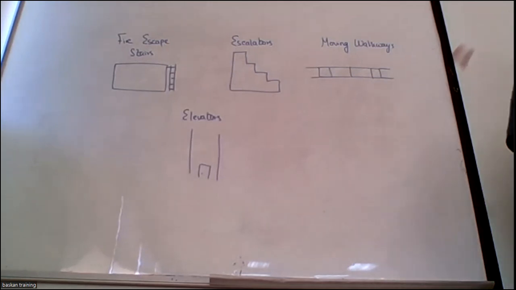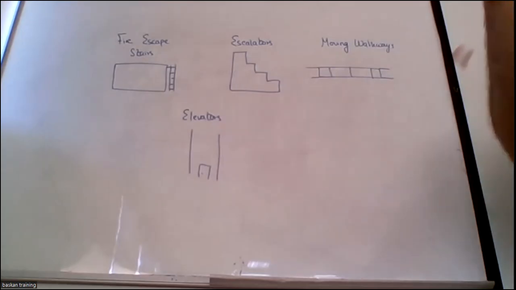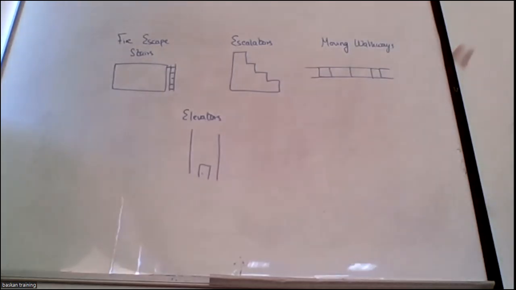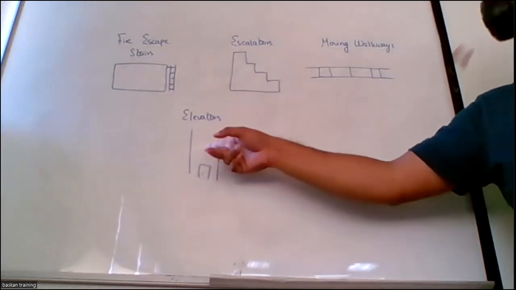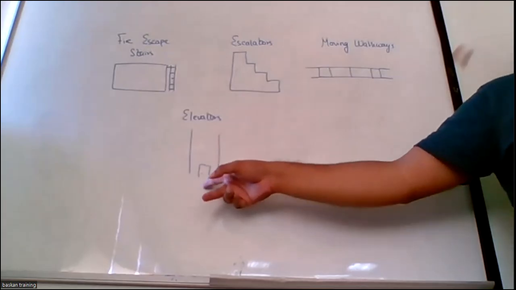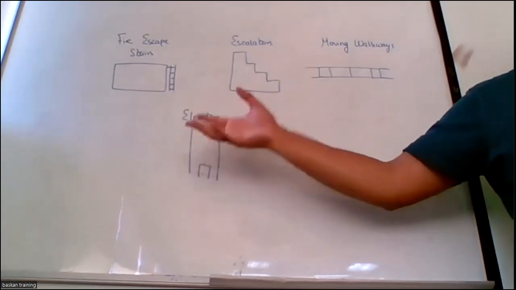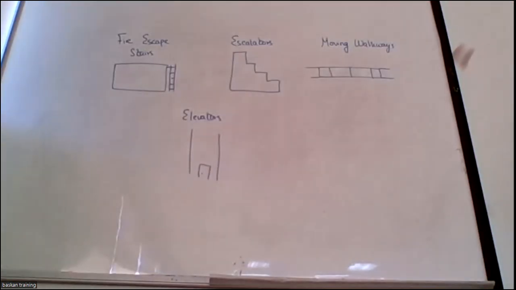Yes, for disabled people, they have firefighters' elevators. Again, firefighters want to use it. If you want to make an evacuation using an elevator, it should be pre-planned. Pre-planned means that your shafts are pressurized, your components are water resistive, you have sprinkler protection, your car is made of non-combustible material. So it's pre-planned. Mostly elevators are not considered as means of egress. We ourselves cannot use it as means of egress. Firefighters' elevators are not considered as means of egress for us. Only they can use it for escape.